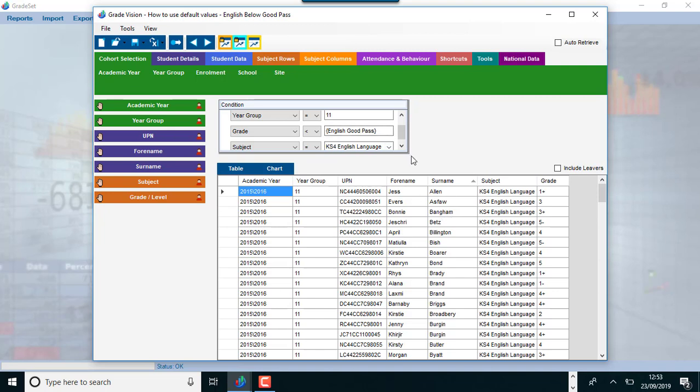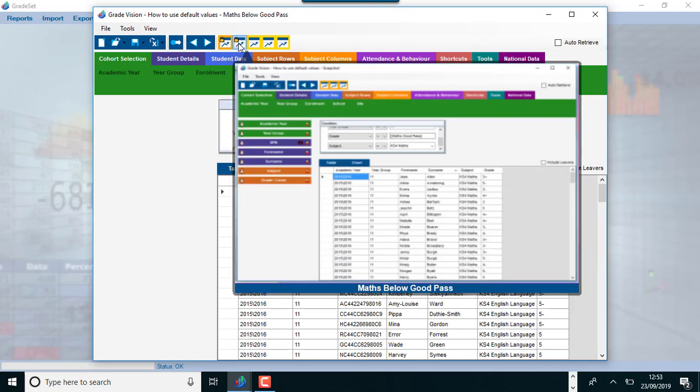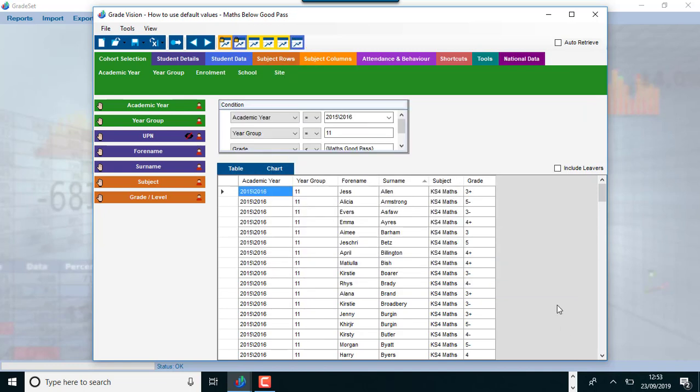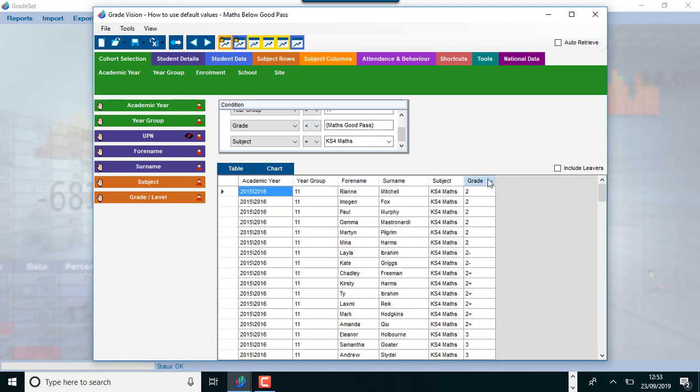So that shows all the students whose grade is below a 5, and if I just sort that for you, you can see obviously a 5 minus isn't a 5. It's very easy on here with the new 9 to 1, the grade being the same as the points. And then the second snapshot, if we just click over to that one, this is maths. Again, it's filtered by maths, and it's asking if they're below a maths good pass,